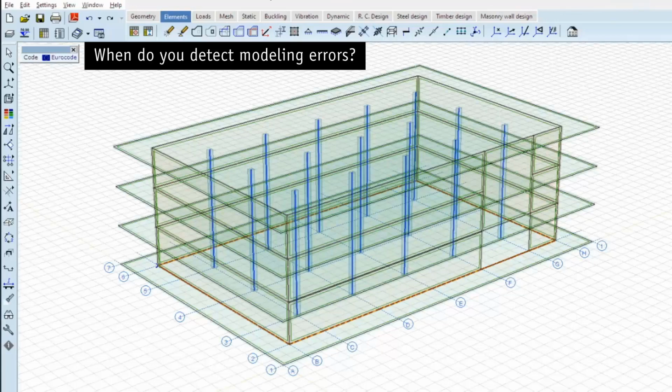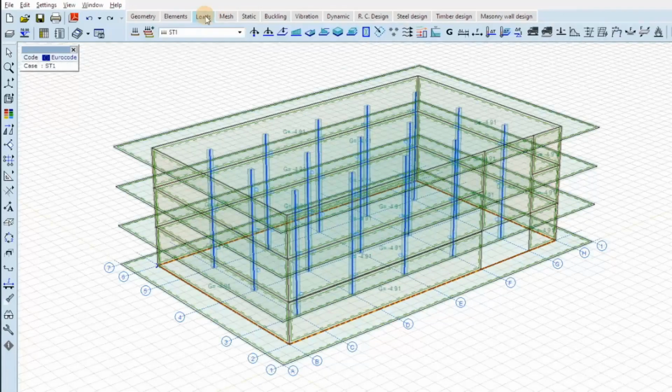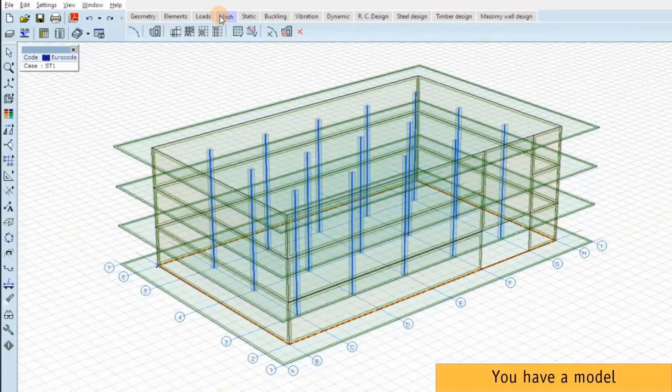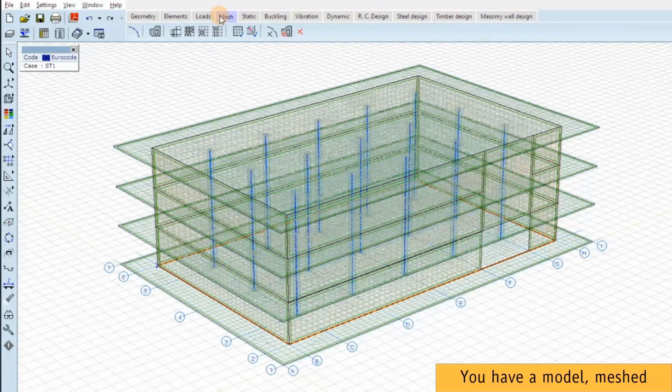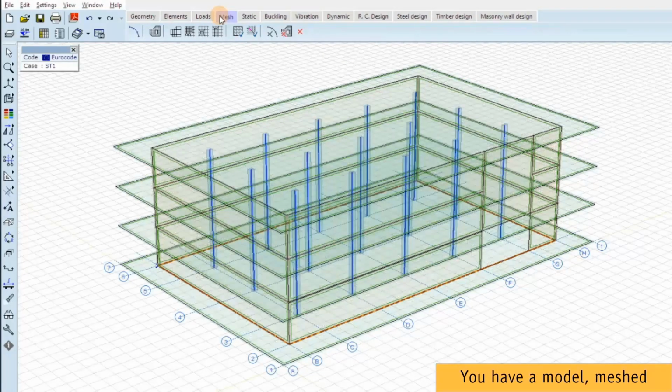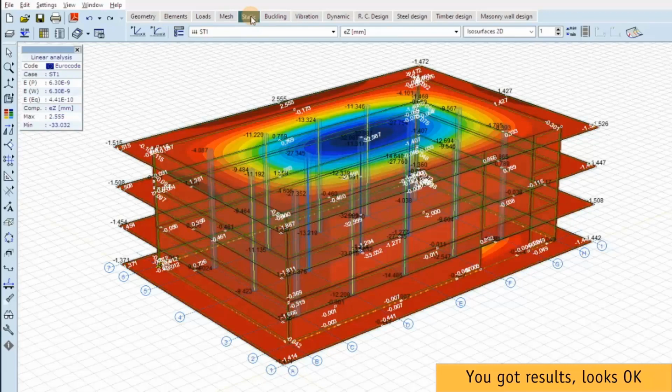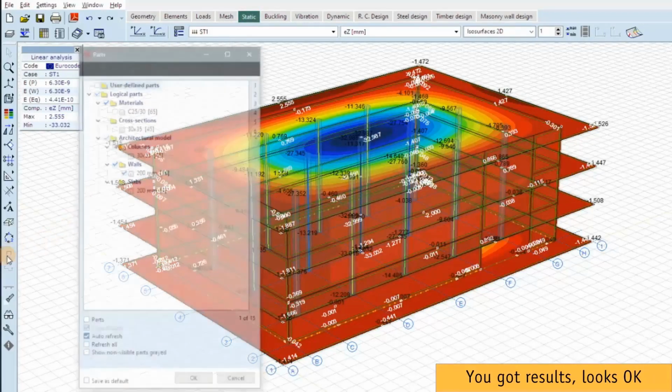This video tells a story about detecting modeling problems. So when do we detect the errors? The sooner, the better. This is an example, a simplified example. We have a model, we meshed it, go to the static tab, do the calculation. We got the results, everything looks okay, but